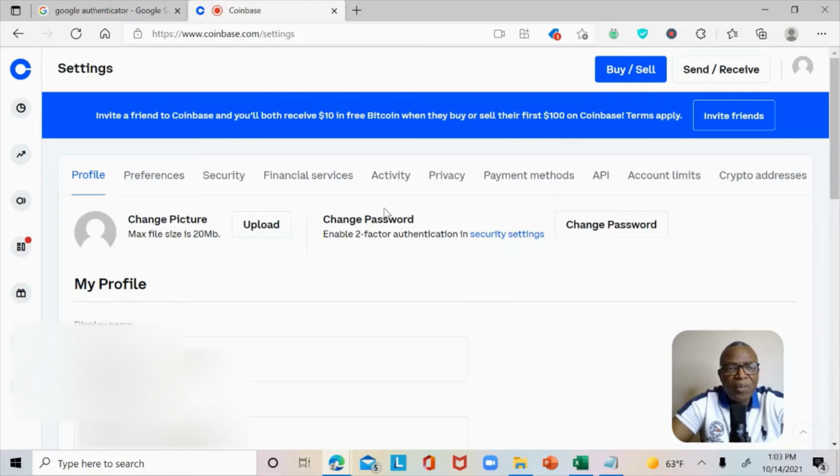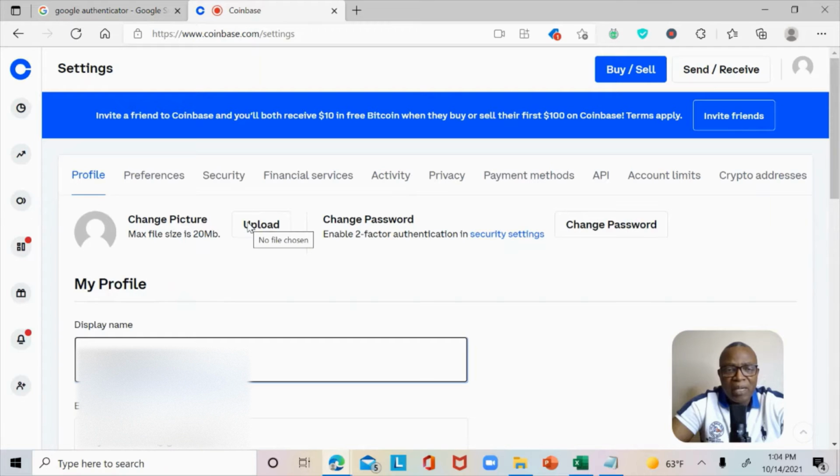The first thing you should do is verify your profile to make sure all the information you provided to the system while setting up the account is right. If anything is not right, you can just click in, update it, and save. Then, if you want to upload your picture, you can click upload and put your picture over here, and the picture should display in this left corner.